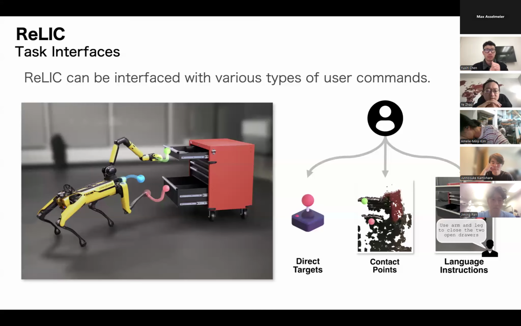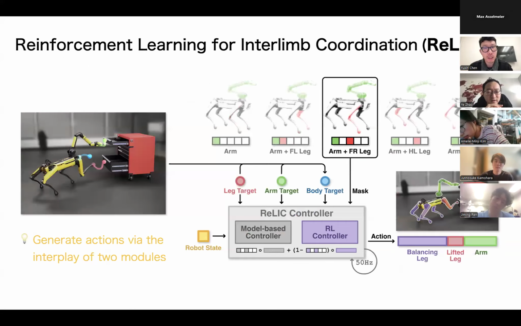Okay, I see. And then if you go to the next slide, you have this upper body model-based controller, and then the lower body is RL, right? I wonder if there's any interplay or interaction between these two controllers, or whether they are controlled separately, one doing the upper body and the other the lower body.